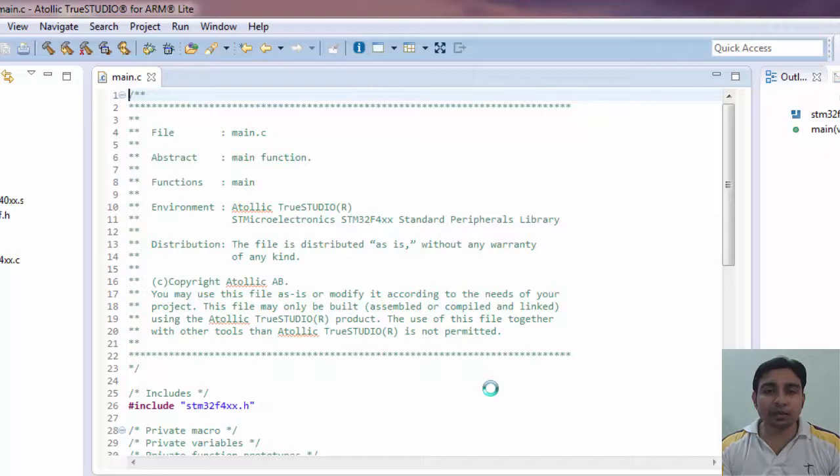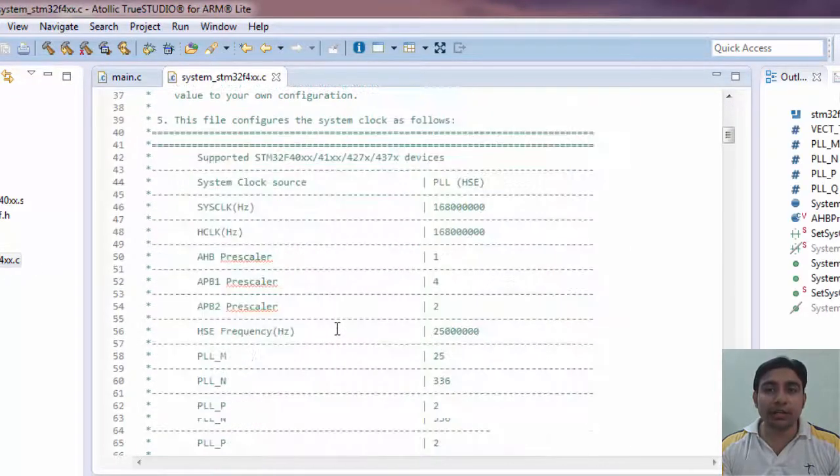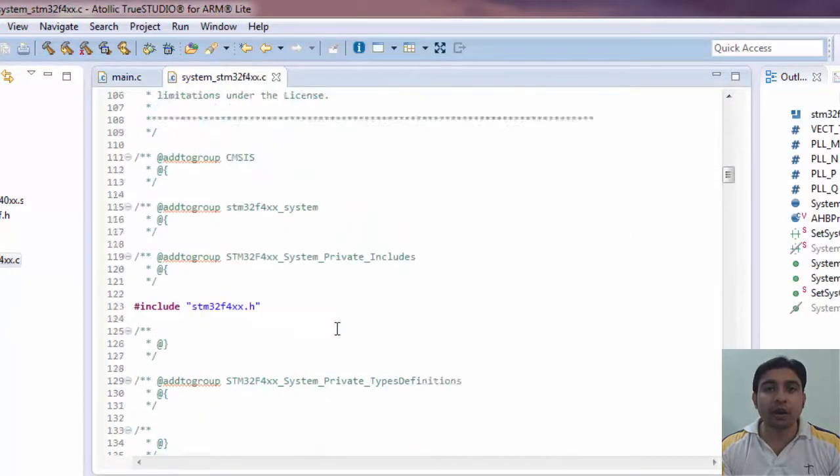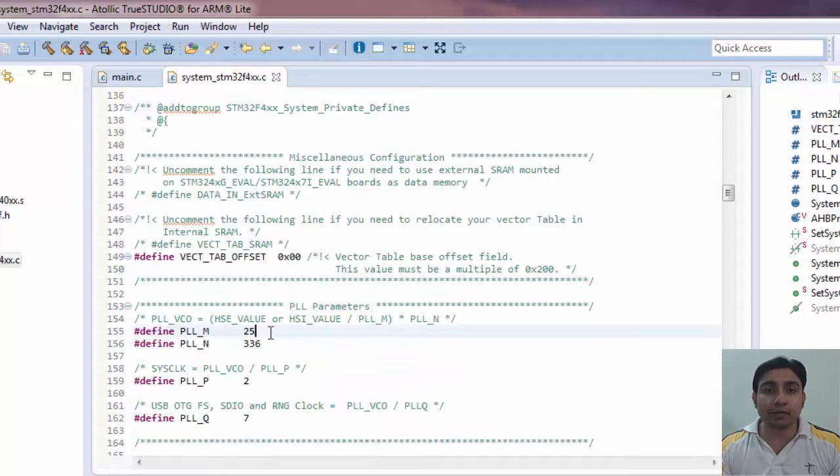If you are not sure why I am changing these clock settings, then please check out my previous tutorials on the STM32 F4 Discovery Board on the website and you will understand then.